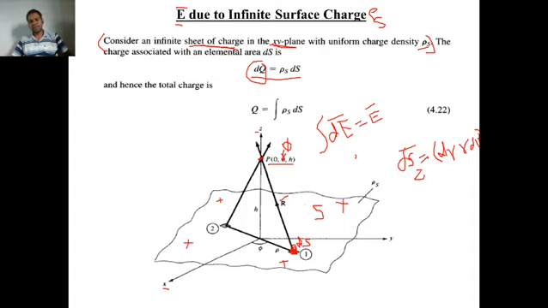Okay, so ds z bar is dr into r d phi. And how would you obtain this r bar? R bar can be obtained by subtracting the position vector of point P. If you can remember, r bar is nothing but a distance vector from the given charge to the given point. So the vector starts from this point and ends here. So second point coordinates minus first point coordinates. So what is the first point coordinate, second point coordinates?